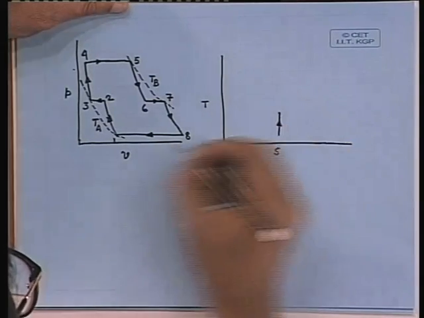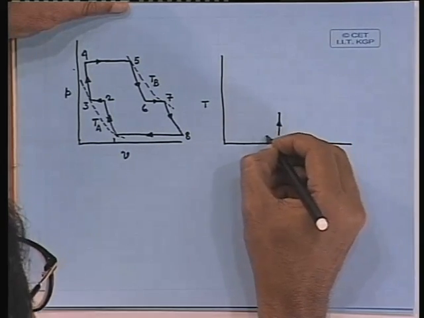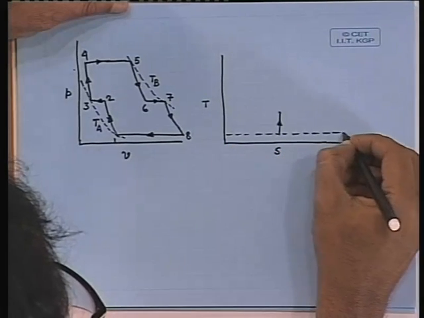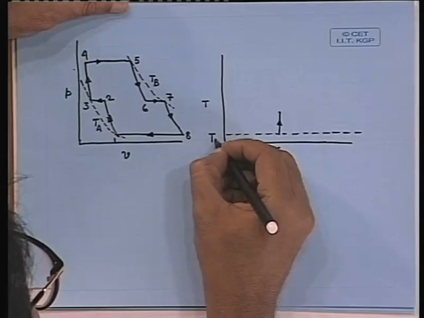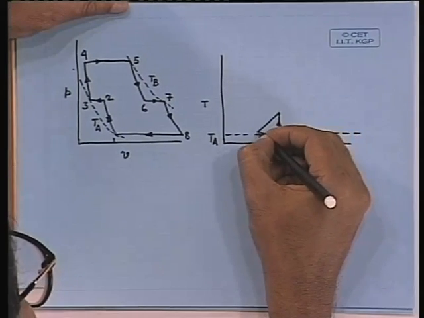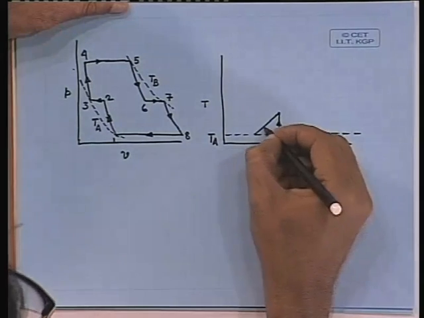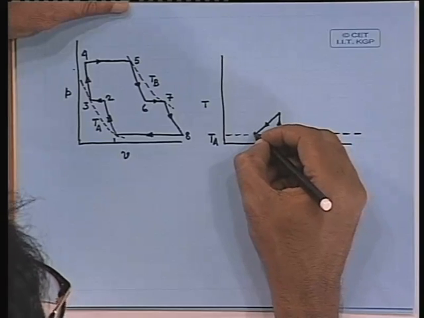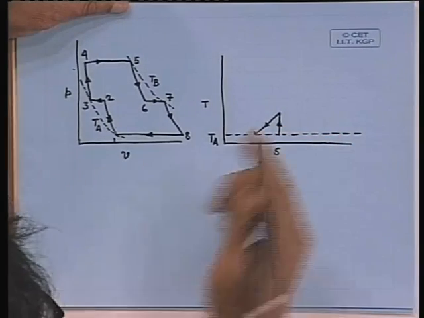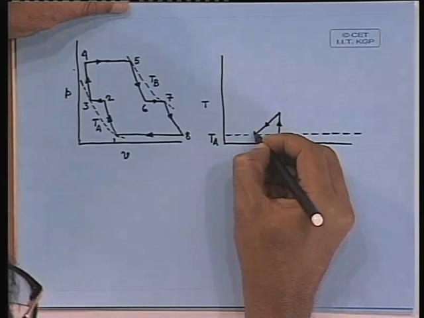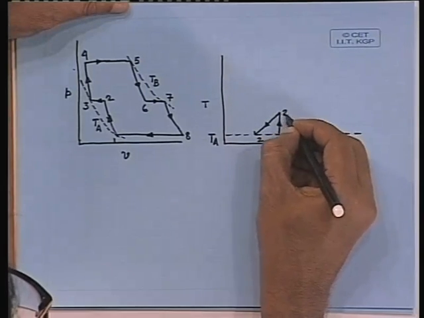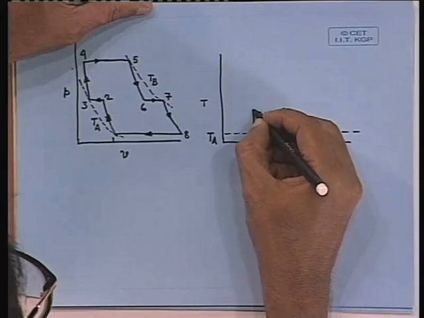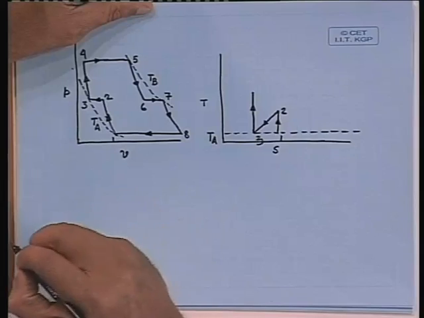If I have gone for cooling and come back to the same temperature TA, so we will come back somewhere here. All right. So, this is our intercooling process. This is 2 and this is 3 after intercooling, and then we will go to 4,